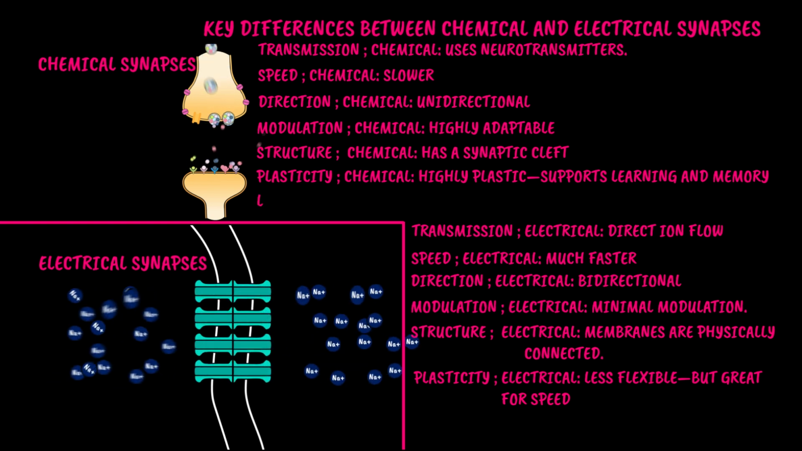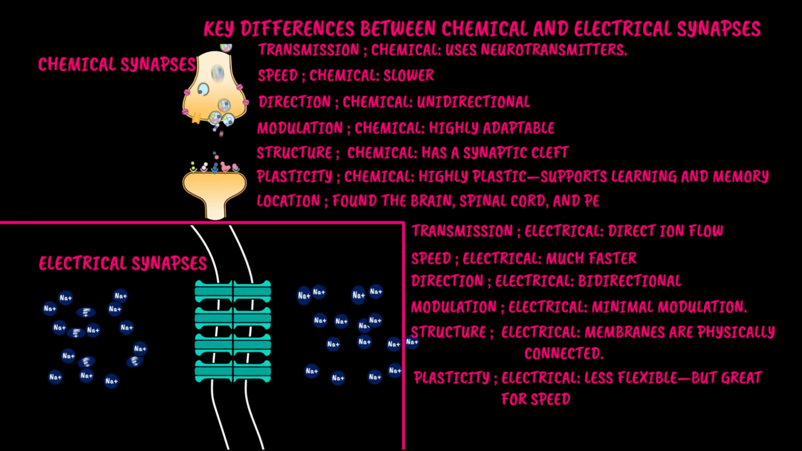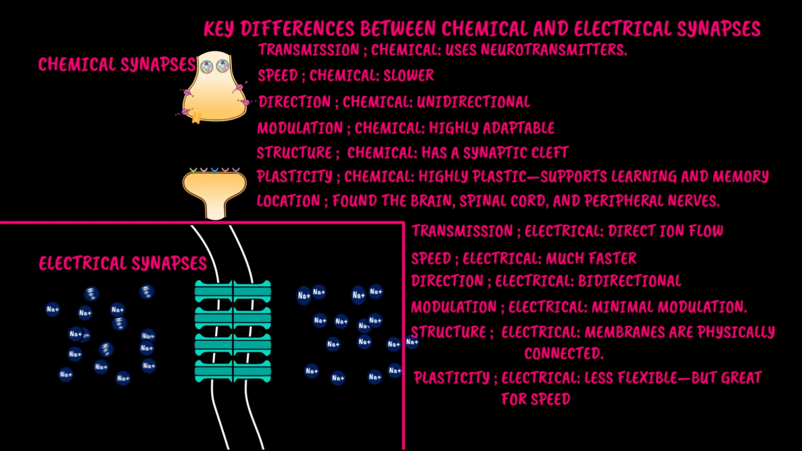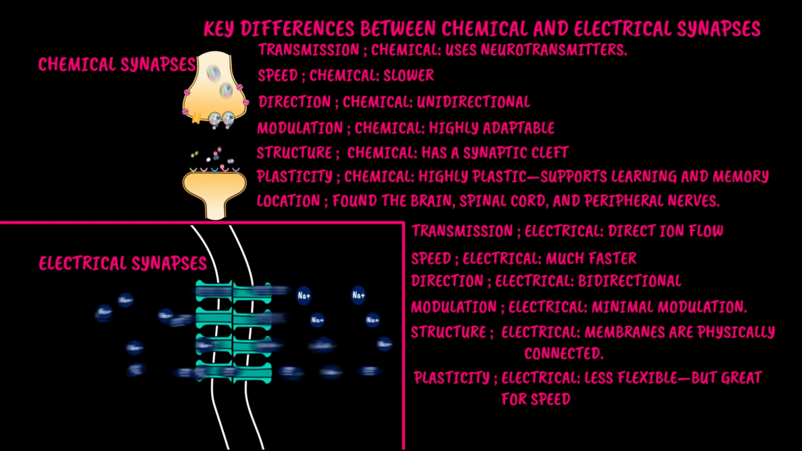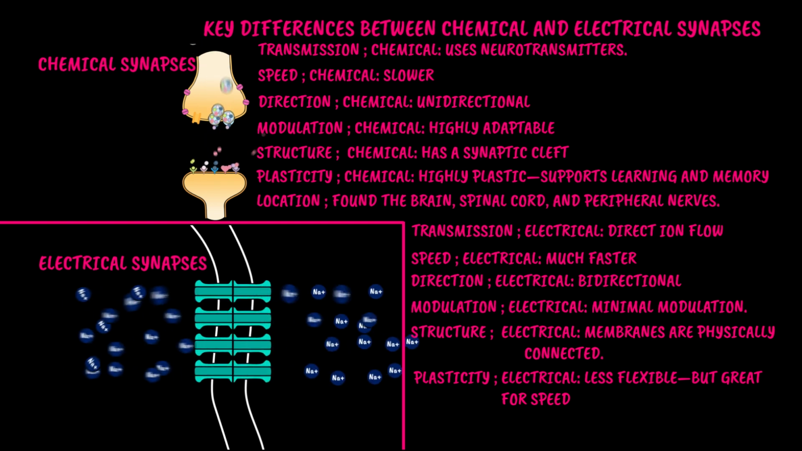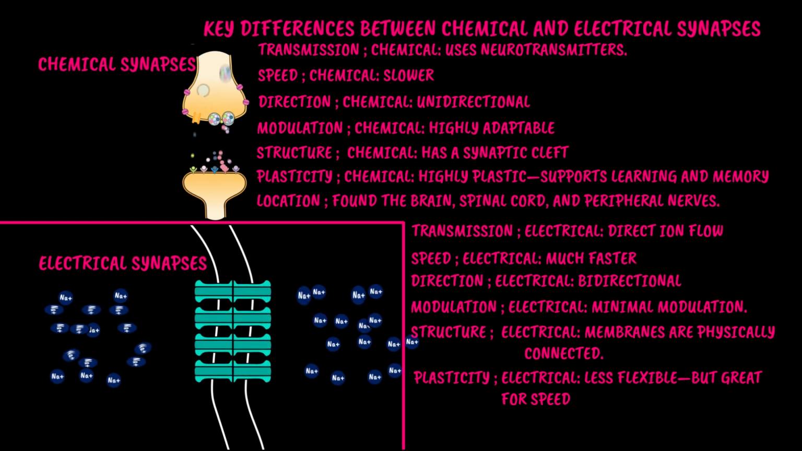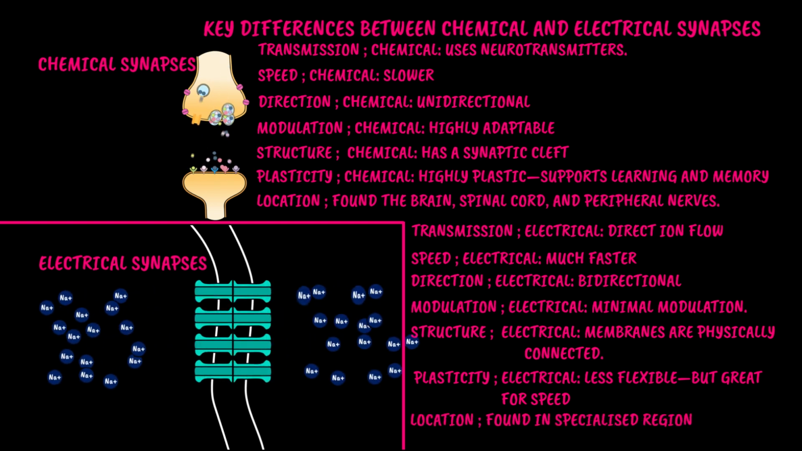7. Where they're found. Chemical synapses are widespread, found throughout the brain, spinal cord, and peripheral nerves. Think neuromuscular junctions, cortical circuits, and limbic system pathways. Electrical synapses are found in specialized regions,